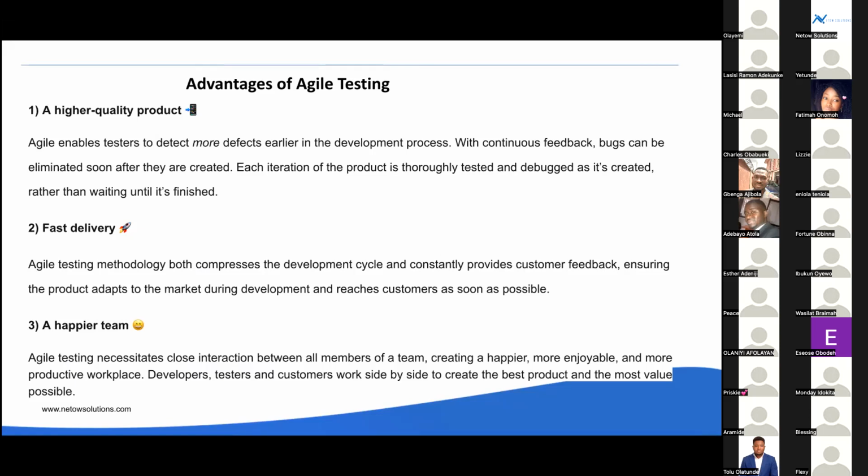So with Agile testing, we're able to come up with a product of higher quality because of the constant feedback, constant testing, and constant collaboration. And then the second advantage is fast delivery. Since Agile testing encompasses the development cycle alongside testing,